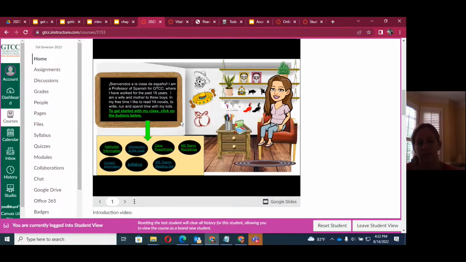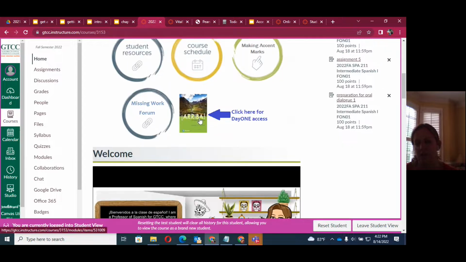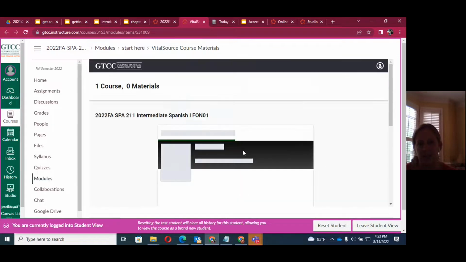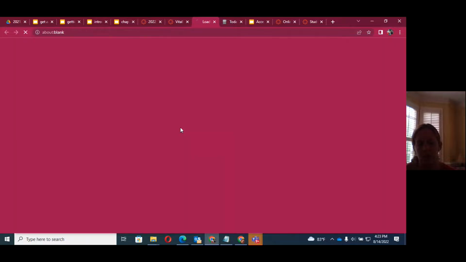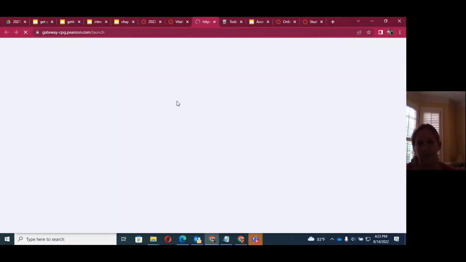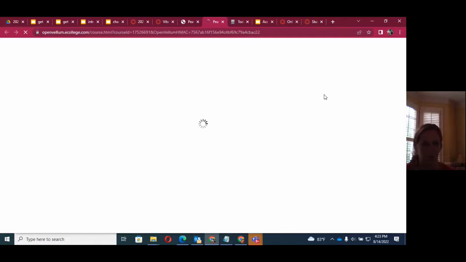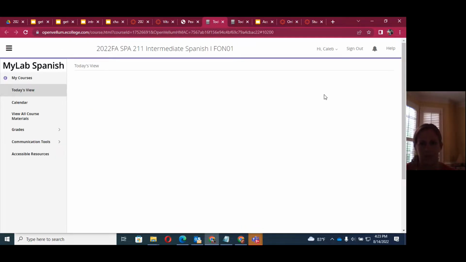But once you've set up your account or logged in with any Pearson account you have, you'll always just click that little book right there and then Launch Courseware, and then the Open MyLab and Mastering, and then you'll be where you need to be. And again,